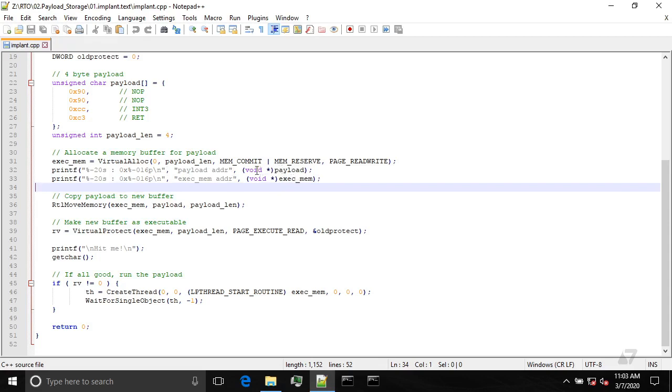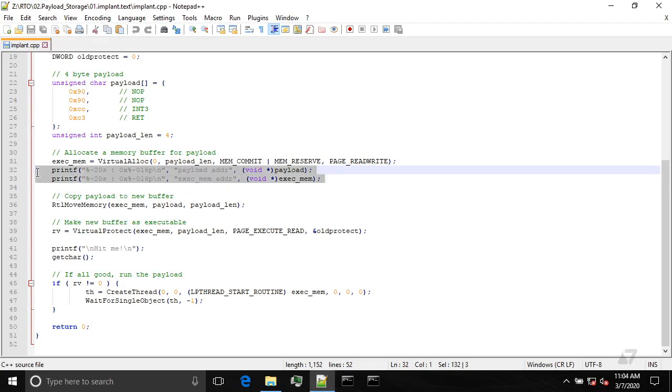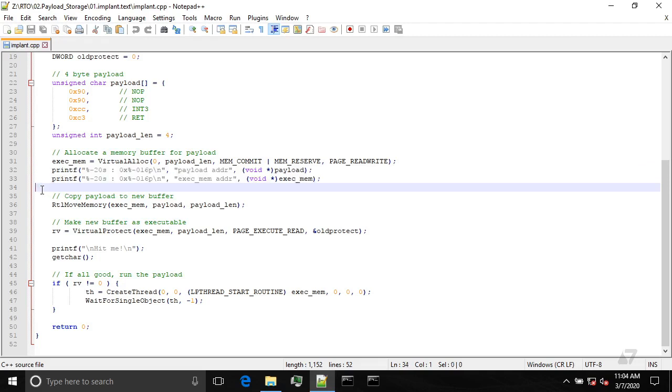So basically the addresses of 2 variables, payload address and exec_mem address. But in a real scenario, when you are developing your malware, you don't need that, and actually it's not very wise to print anything on the screen of the machine. Okay,